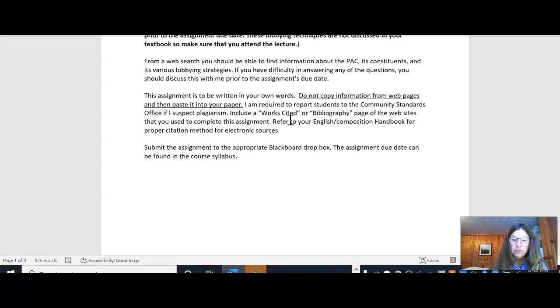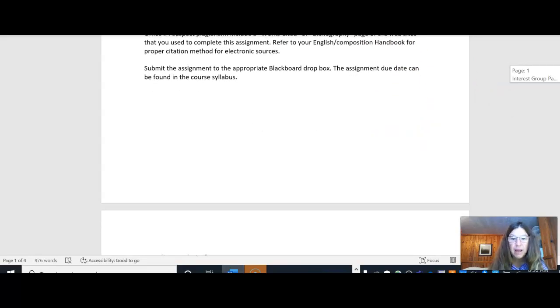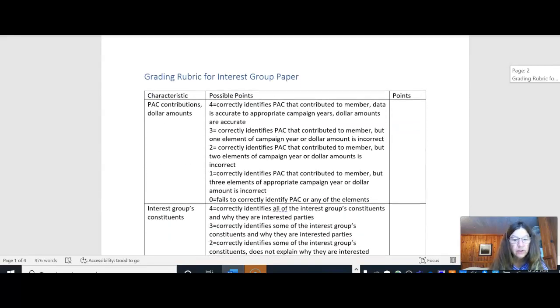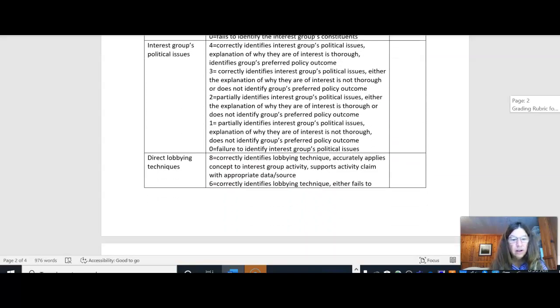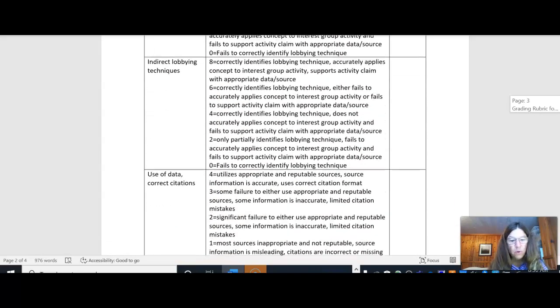And I want to also say that those programs, those apps that produce citations for you, almost all of them do it incorrectly. And so you can't come back and say, well, you know, the app did this for me. My expectation is you know how to correctly apply a citation method in your paper. And so you will put this assignment in the appropriate Blackboard Dropbox on the assignment due date. You can see that in the instructions I have a grading rubric here, and that will govern the point spread